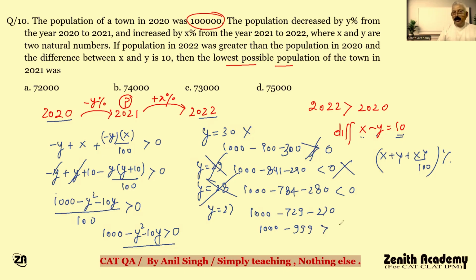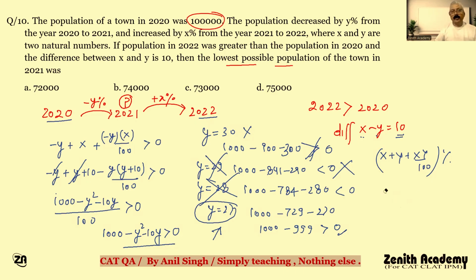So this is greater than 0. It means the greatest possible value of Y is 27. Okay, so now it is very simple. The lowest possible population of the town in 2021 will be,